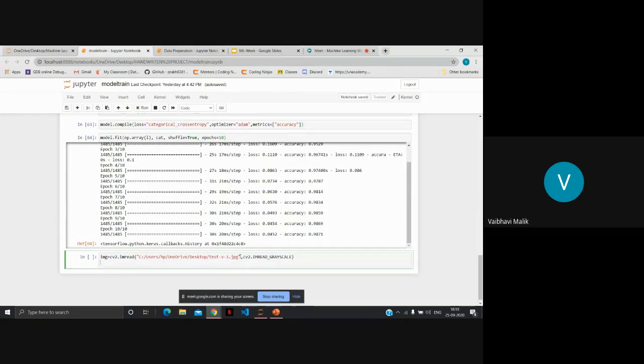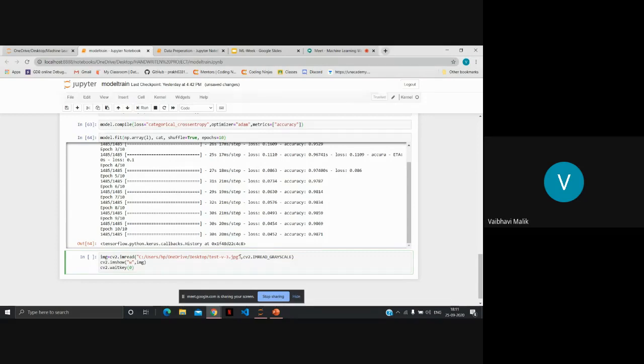Now we should see the image we have uploaded, right? So we use the imshow method, which is used to display the image, and we give it some random name, and our image will be shown to us. The second step is waitKey. So what does this waitKey mean? We usually give waitKey as 0. That means we will wait infinitely until we press any key. Till then the image will be visible to us.